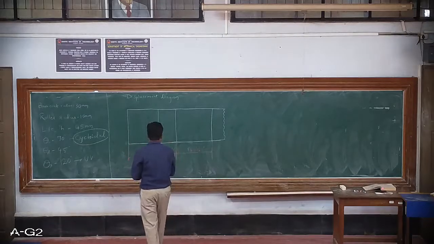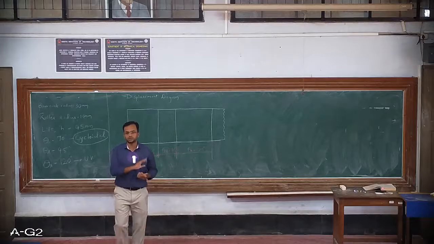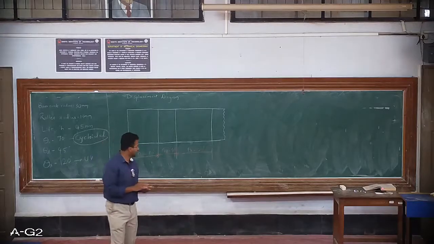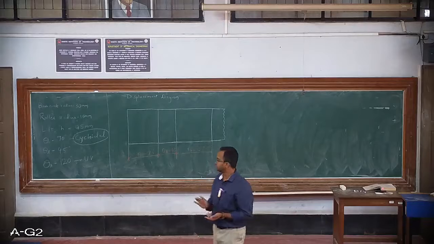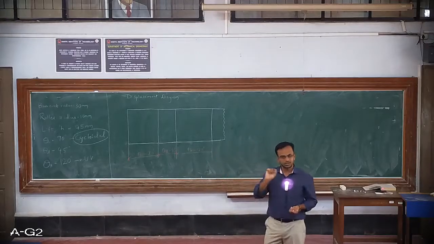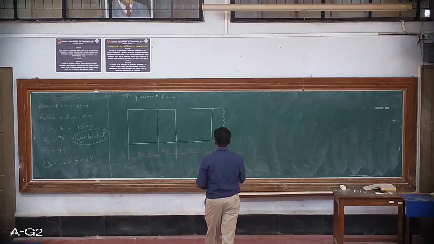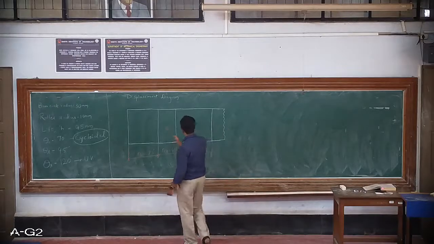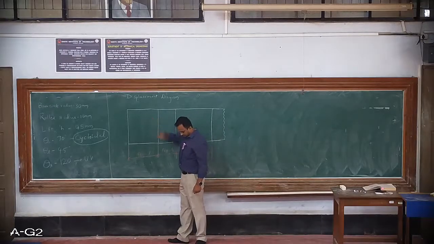So once we complete marking of these three strokes, again the next step is common for all the problems. I will have to divide the rise stroke and return stroke into a fixed number of divisions, and what we have done in the previous classes, we have done with 6 divisions. We will continue with the same thing.